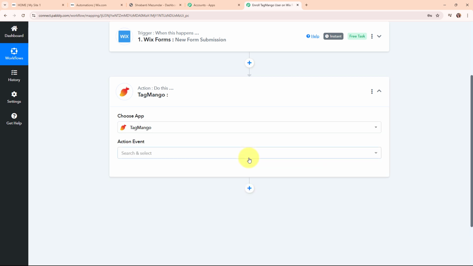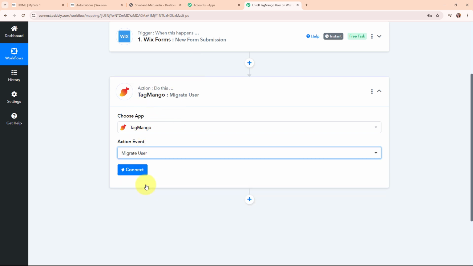So TagMango is a platform that helps creators and influencers monetize their content by offering subscriptions, workshops, and exclusive access to their audience. It's like a one-stop shop for turning your passion into income. So here in my TagMango action step, I'm going to select my action event as migrate user, so that whenever you're going to receive new form submission through our Wix Forms, then automatically the person who has made the form submission is going to be enrolled as a new user in our